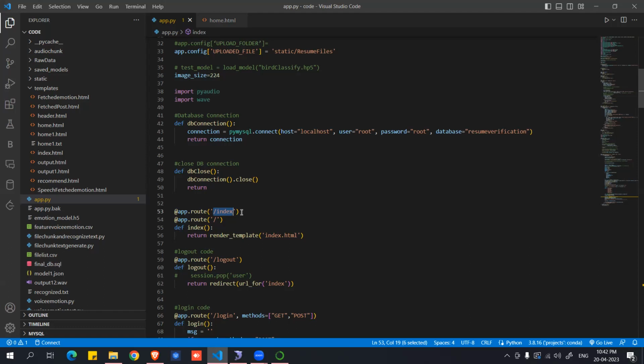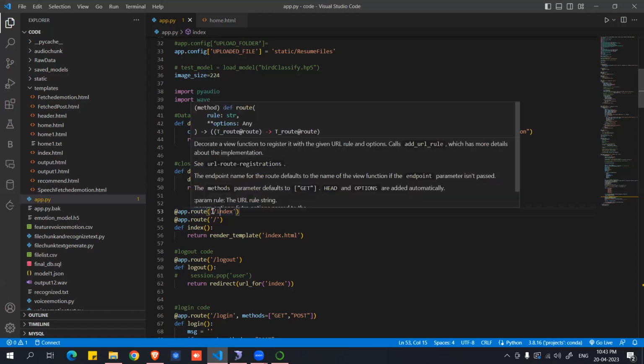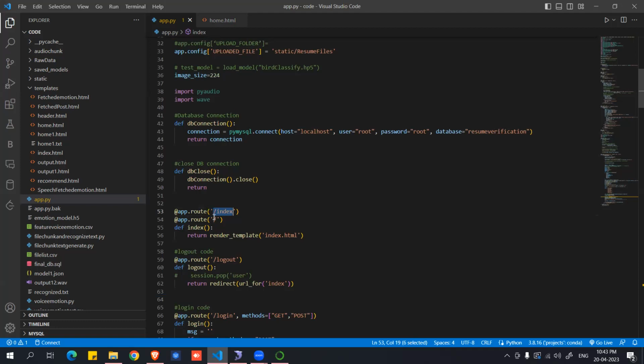So that URL contains some kind of link, that short link. That short link is nothing but this route. If you hit this slash index or slash, then it will show